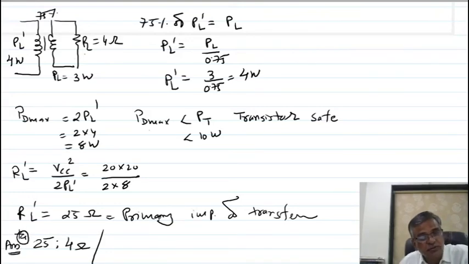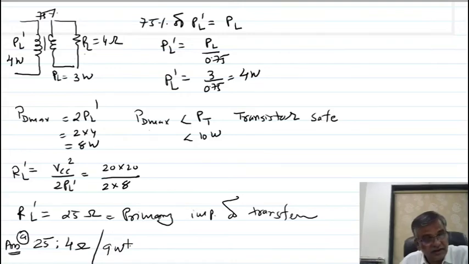Now let us be more specific. You also have to mention the power rating. Power rating should be more than PD max, which you already discussed. So I can write it should be more than PD max. So I can write 9 watt. It should be greater than 8 watt, in short, 8.2 or so.